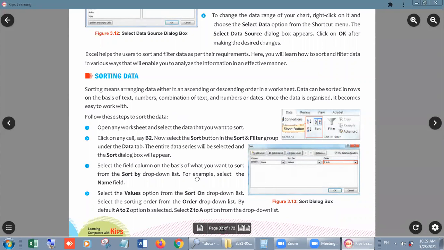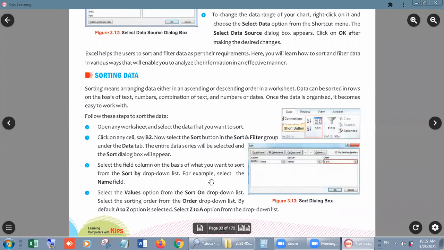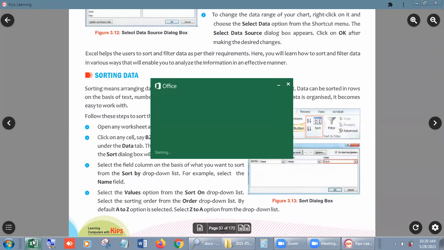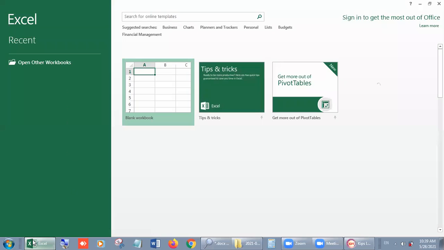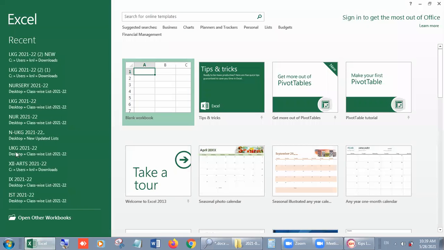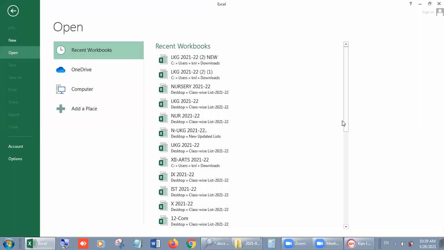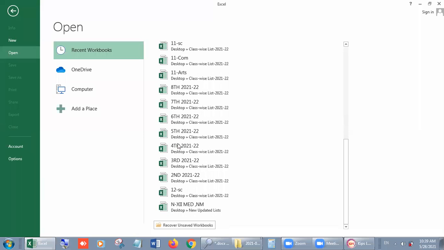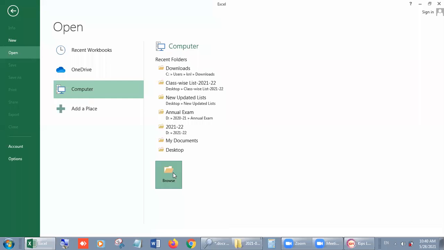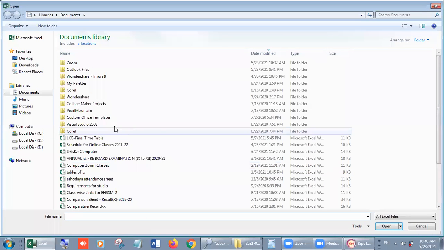Now, how can we sort? Let's follow some steps. I'm showing you practically, in which you can see everything. I am going to show you any result file of previous years. Let me show you.